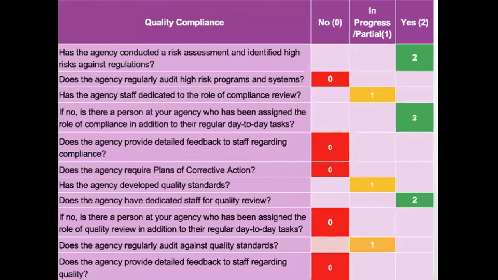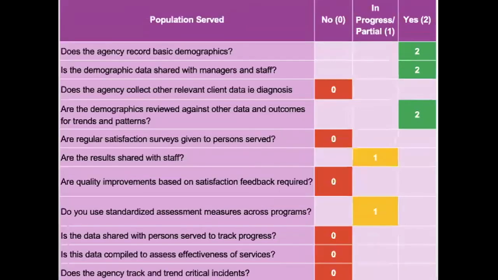Quality compliance. This is where the set of questions begin to be more designed to say, has the agency decided what compliance or what quality issues they want to measure? Because without those decisions, obviously the data becomes meaningless, or it's impossible to develop data if you're not asking the right questions. So the compliance questions, the population and the outcome questions are more based around saying, have you made a risk